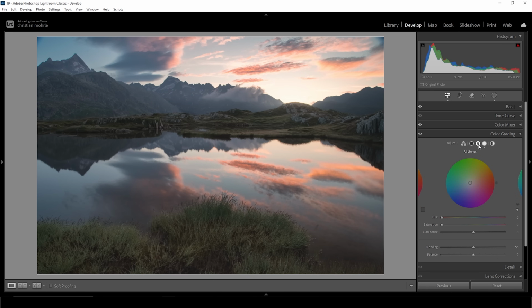Then let's go into the midtones, and again I want the midtones to be warm. So I'm going somewhere in that color range again. Right around here looks good to me, and I'm going to bring up the saturation once more. This looks really good. We can introduce some color contrast by making use of the shadows, and here instead of